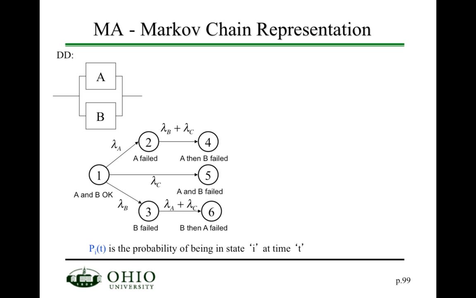So the same thing if you would do something like the parallel data dependency diagram. In this case, you see A and B are okay, so I'm in a working state. If A fails, the system still works. So you see we transition from state 1, both A and B okay, to state 2, where A is failed, at a rate of lambda sub A. Then, after that, B needs to fail, so you can go from 2 to